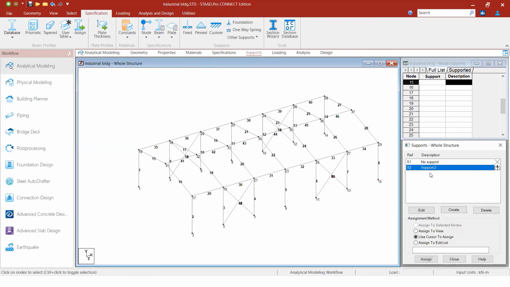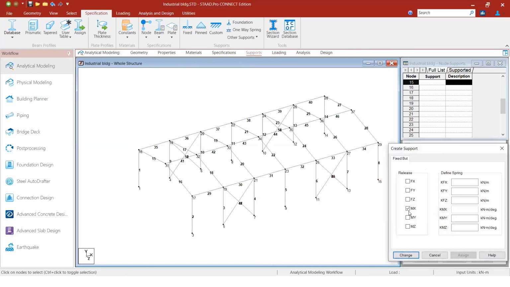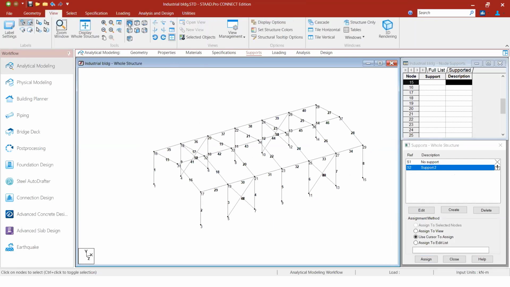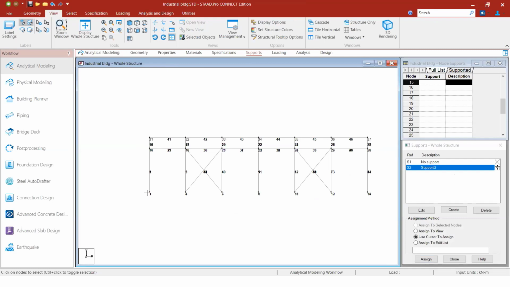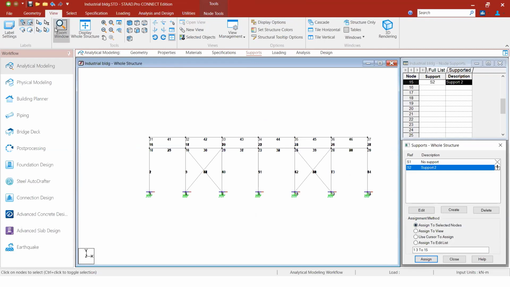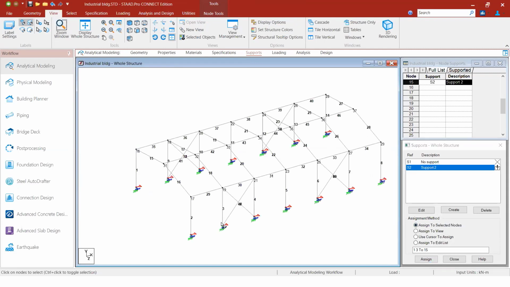So I've just assigned it. To choose the supports, I'm clicking on the supports and assigning it. Okay, I think now it is visible. This is the fixed butt support.